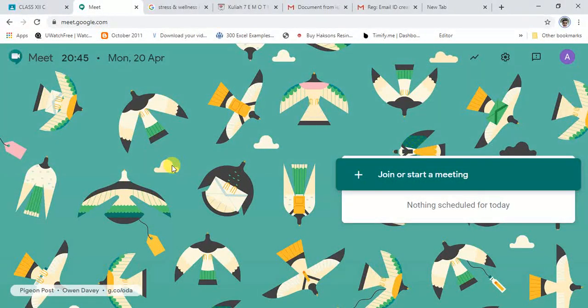There are three options for starting your Google Meet session. The first option is with Google Calendar, the second option is with your Google Classroom, and the third option I'll be telling. The reason I'm not telling the first two options is that they don't give you control over your classroom. Using those two options, students can join your Meet session anytime, before you, and even continue with that Meet session after you have left, or they can rejoin it.